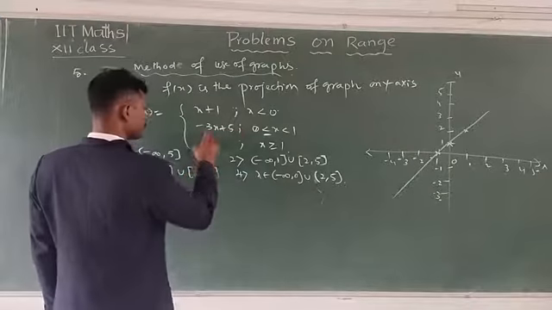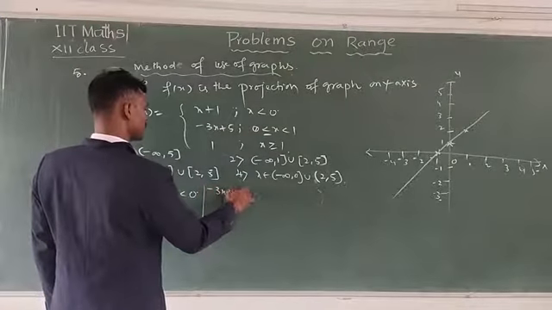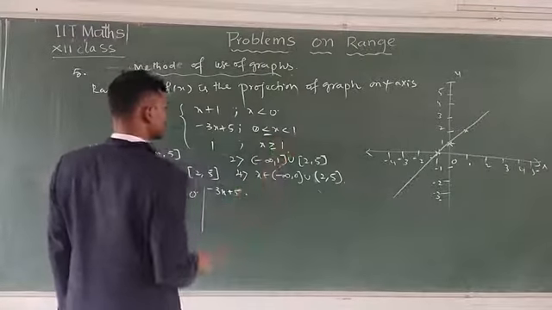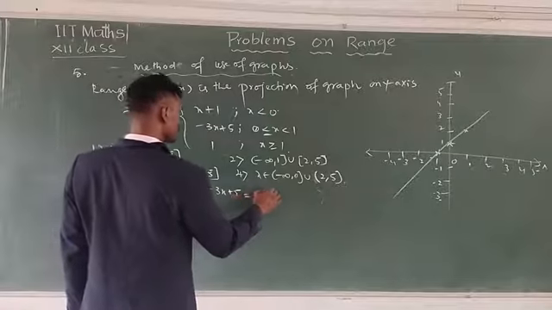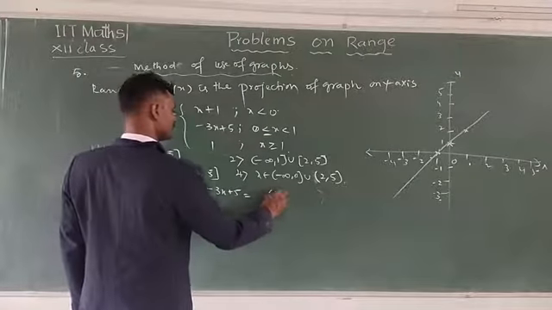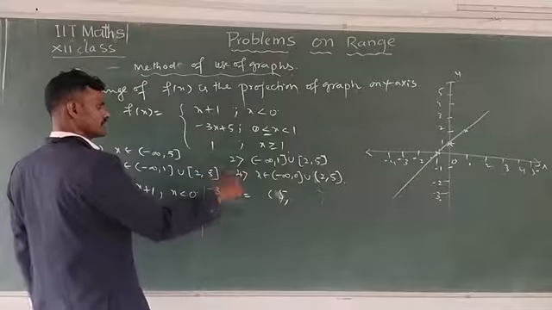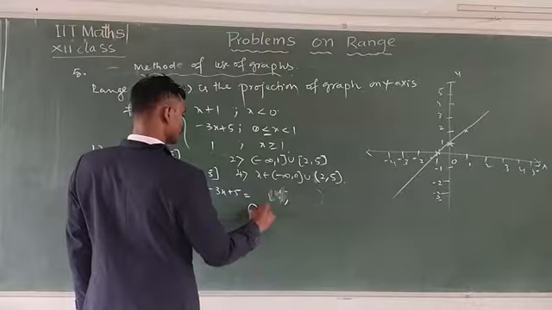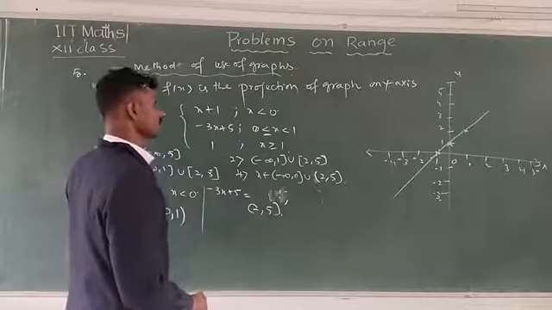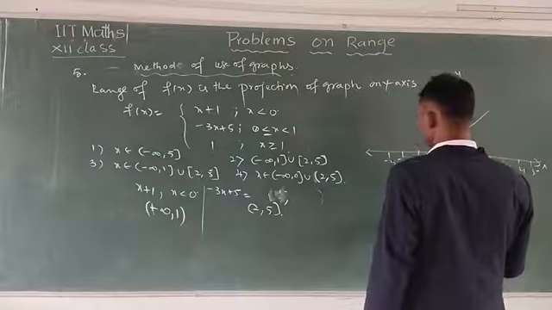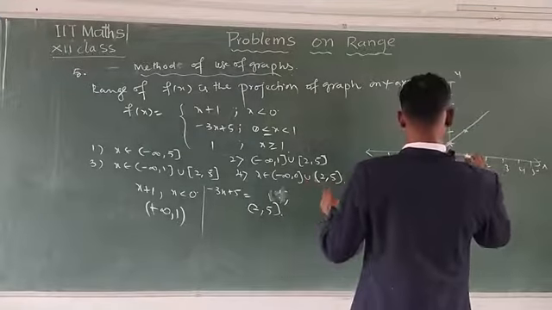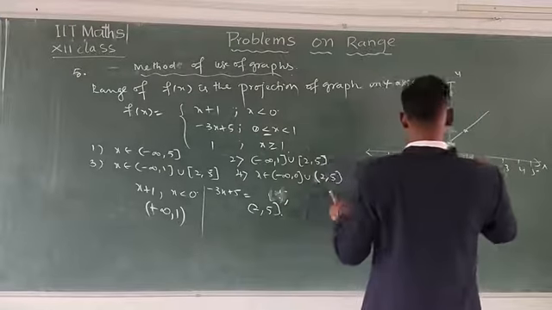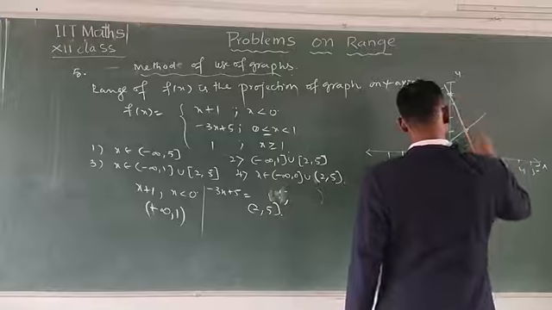Now, the first case's range is minus infinite to 1. Now the second one you have to take is minus 3x plus 5, where 0 is less than or equal to x less than 1. First you can take 0, and what happens here? This is 5. And you can take 1, which means here 2. Open interval 2 comma closed interval 5. Now see here, 0 means here this is positive 5, and 1 means here this is 2. Now you have to draw this like this.